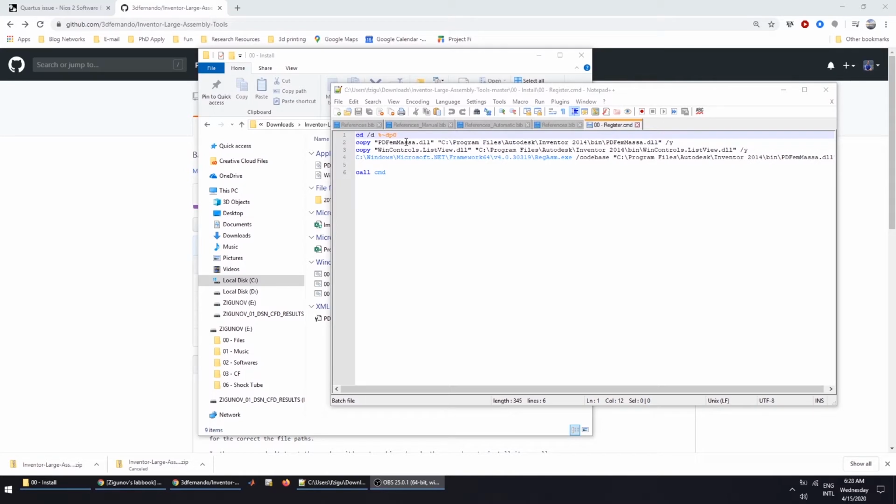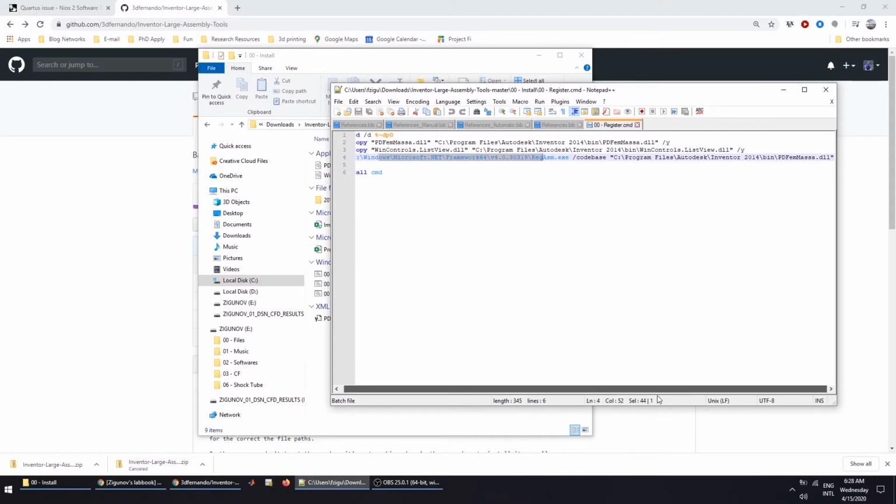Basically, we go here and it copies the files, literally just copies the files to the corresponding folders, and then it will go here and run regasm.exe, which is a little routine from the .NET framework that does the assembly registering for Inventor, and pretty much anything that uses the .NET framework,